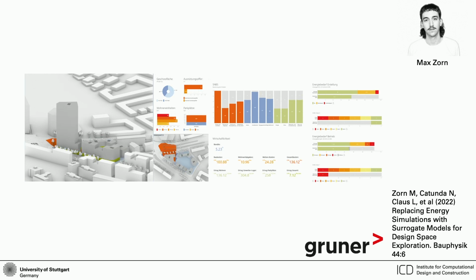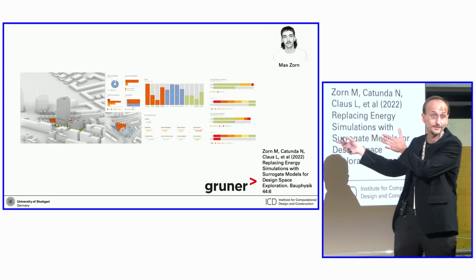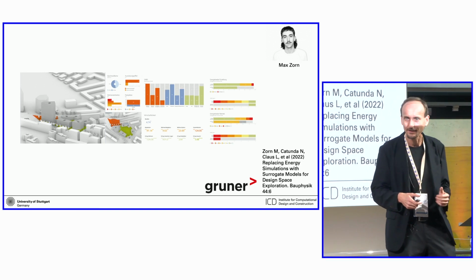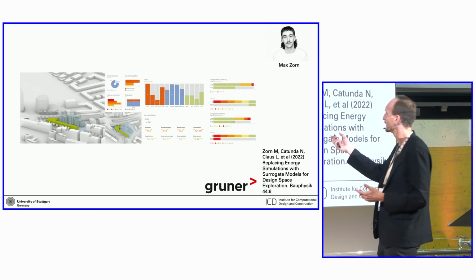So it's not about finding optimal solutions, although this can be useful. It's also not taking the human out of the loop. It's about making decisions more transparent. Right now, everybody can see it. Right, and so if we have a design briefing with a developer and the urban design authorities, we can just say, okay,